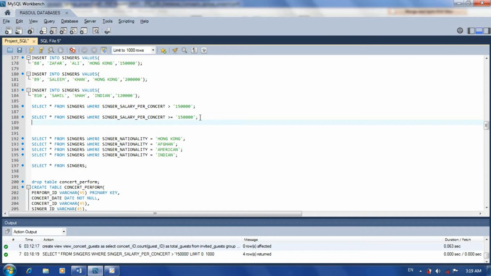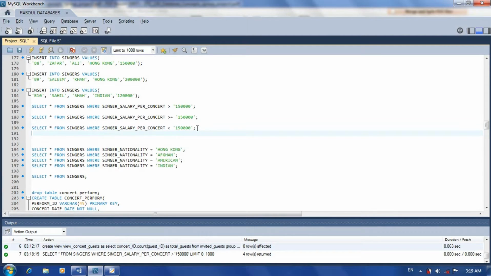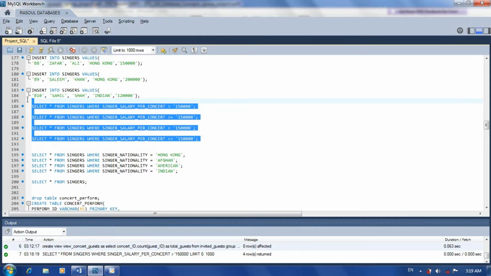Now I just copy and paste another one. I use the smaller. I need another query that is smaller and equal. When I run these 4 queries,